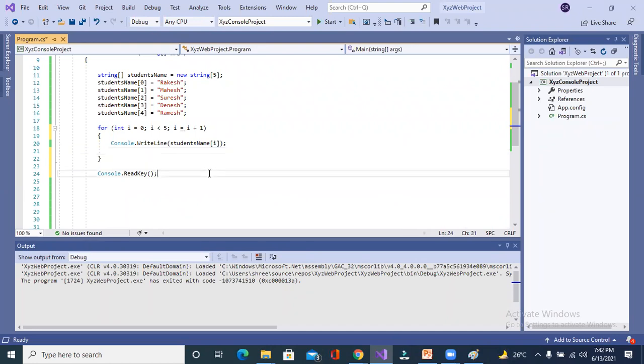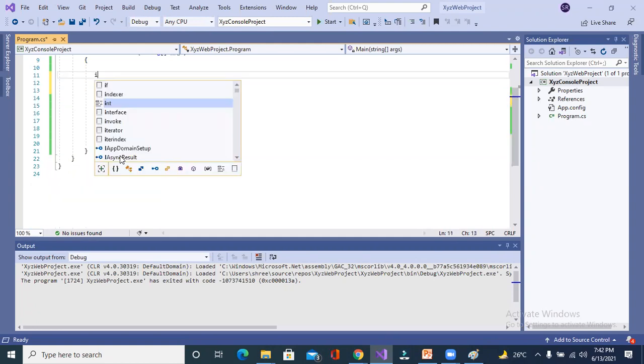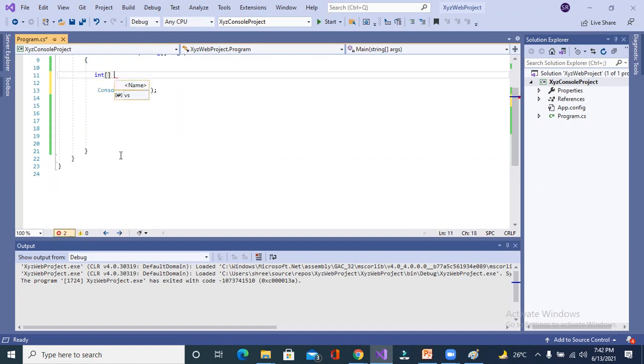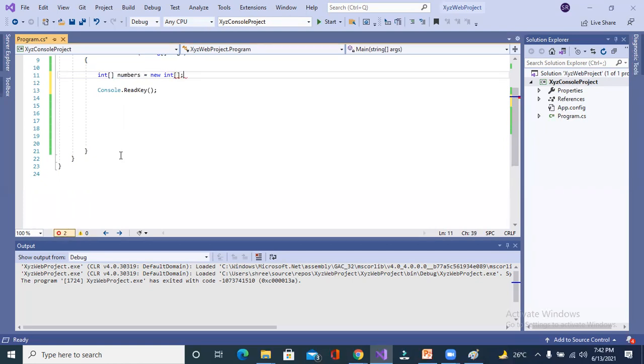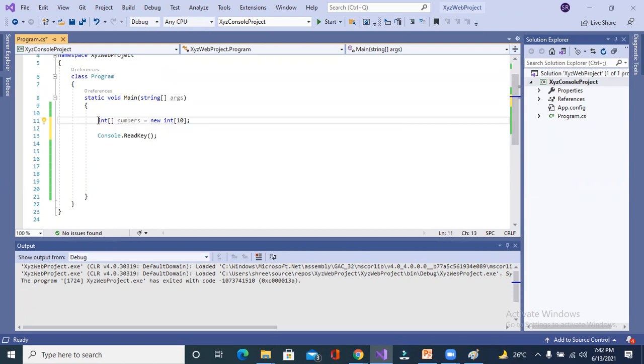So this is the way, in the same way you can create an array of integers. What you have to do is create an array of integer numbers, initialize 10 numbers, and try to print all those 10 numbers on your console. Try to complete this task. We should read it from the console, sir. It would be better. So one more example I'm going to show you. If you want to read 10 elements from the console, how will you read?